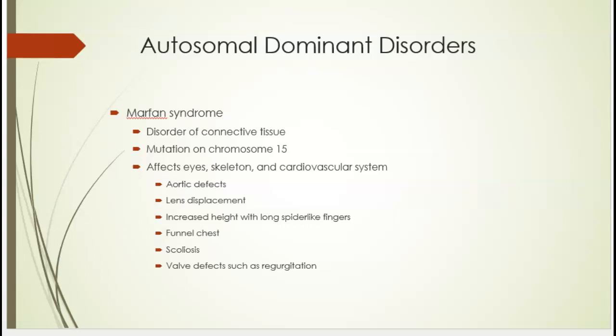They can get scoliosis, and they can get heart defects. The aorta can be affected, and they can get damage to their valves as well. And it's all because they have a connective tissue disorder. They don't create and manage their connective tissue as well as they would without this genetic deformation. And they can have pretty bad heart problems, but you can monitor this because it will be obvious that they